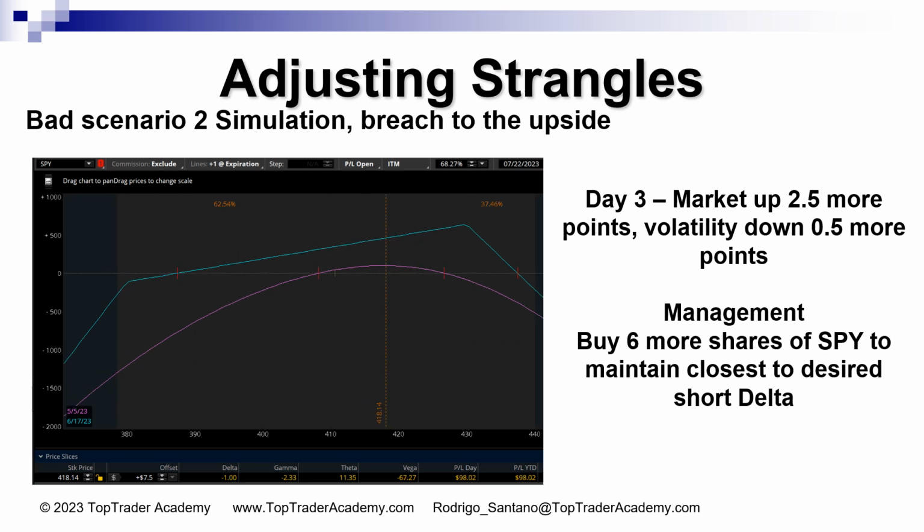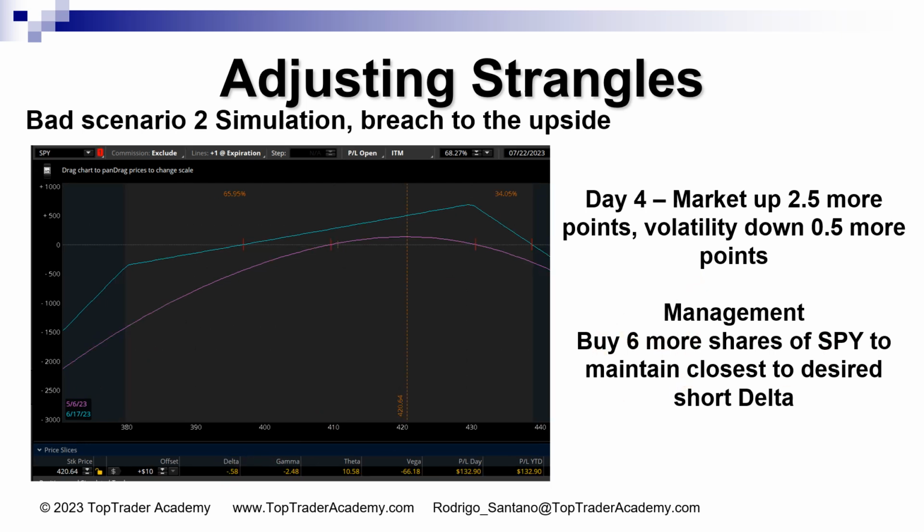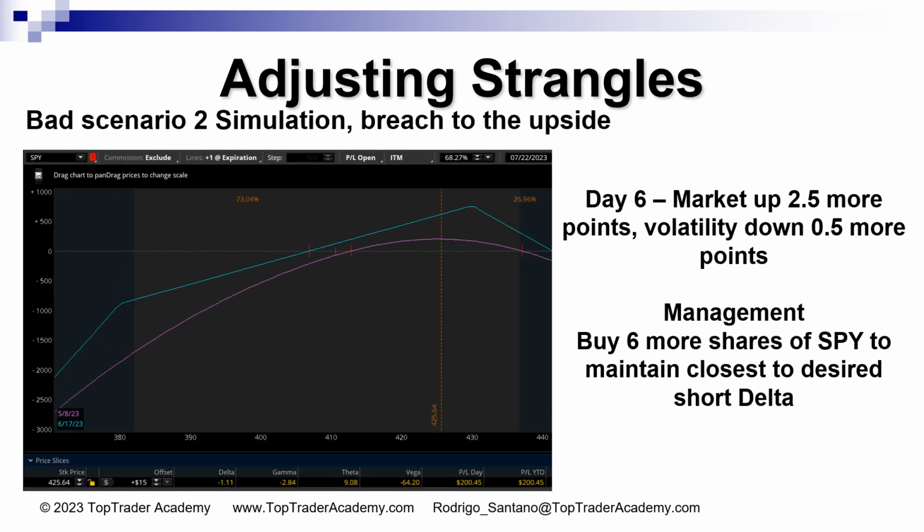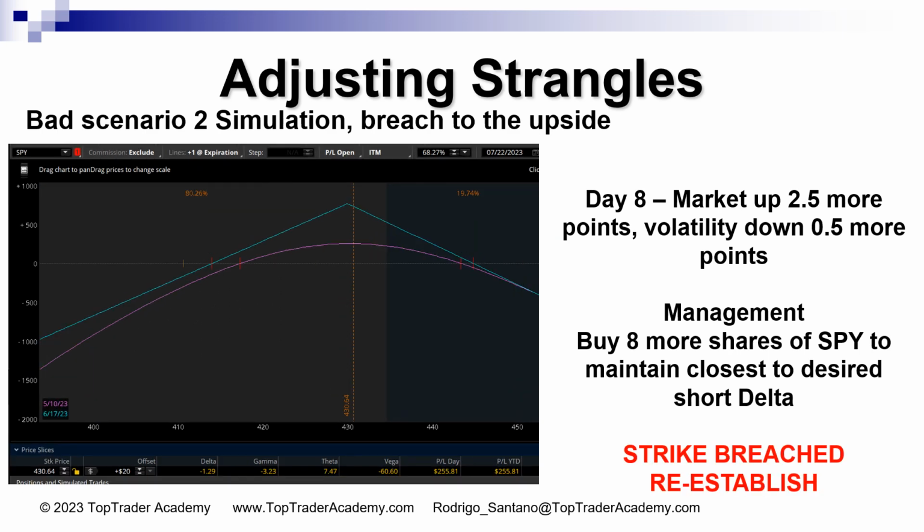Day 3 goes by and the same thing happens, right? We get 2.5 more points to the upside on the market, volatility down 0.5 more points, and so on and so forth. And I keep buying SPY shares, right? And days go by, and on day 8, my strike is breached, so I would reestablish the position. But notice my P&L, it's $255.81. So I made money by keeping short delta, which is gonna bend your mind a little bit, because